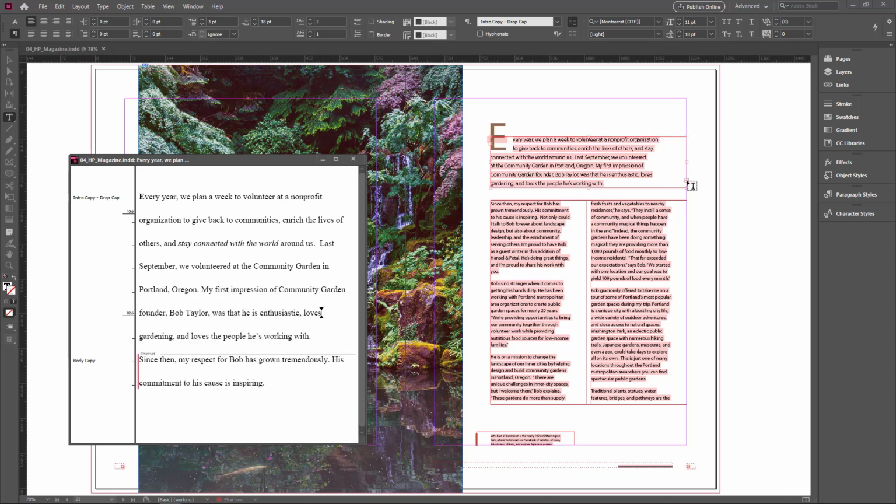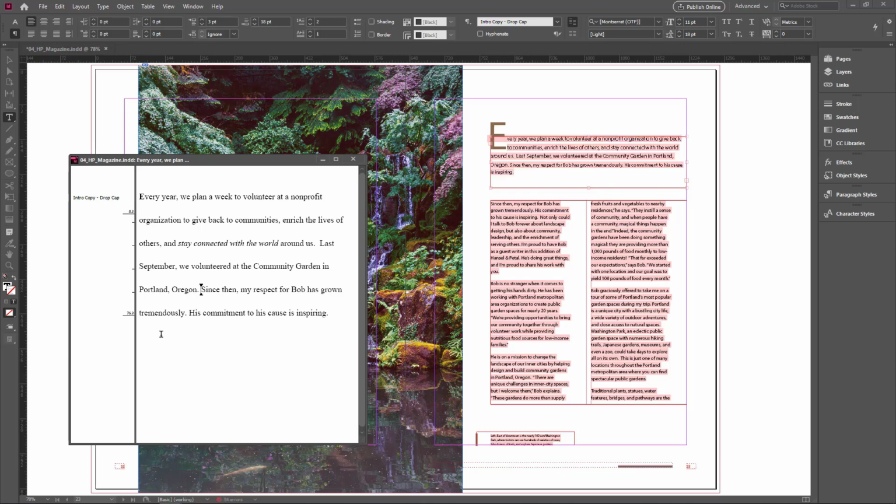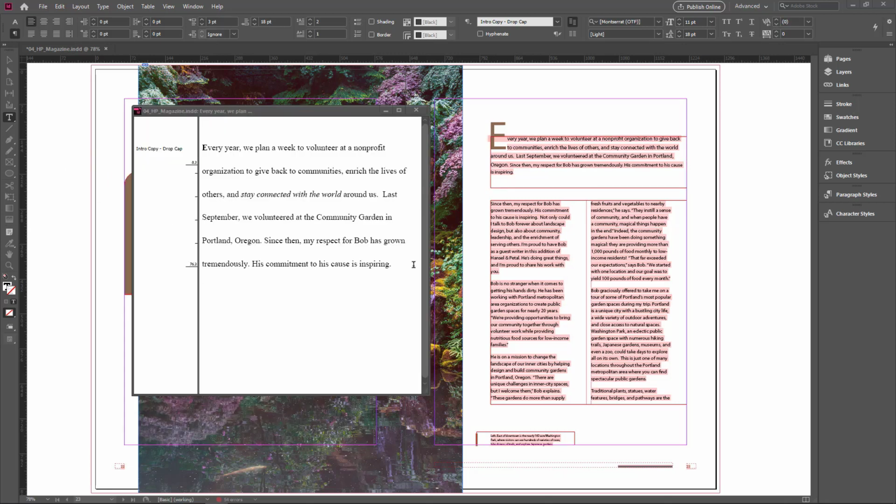You can see the overset icon in the text frame. It means some lines are outside the text frame and we can't see them in the document, but you can see in the story editor window the red line indicating the overset lines. Also the overset word is here. If you delete this line, now the overset red line is gone. Also the overset icon disappears in the text frame. Once again I want to undo the change, so Ctrl Z to undo it.